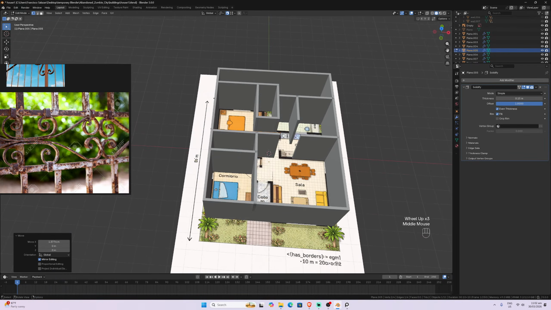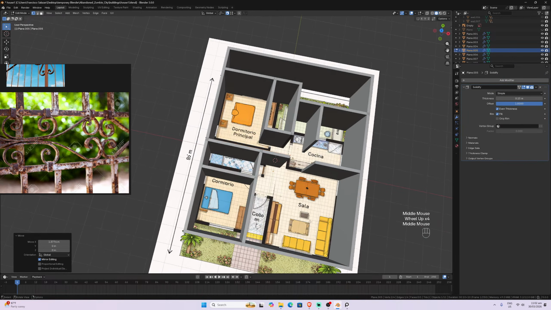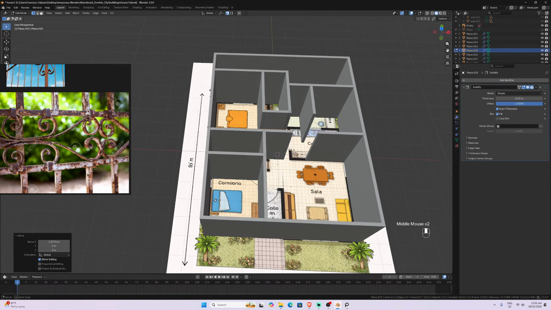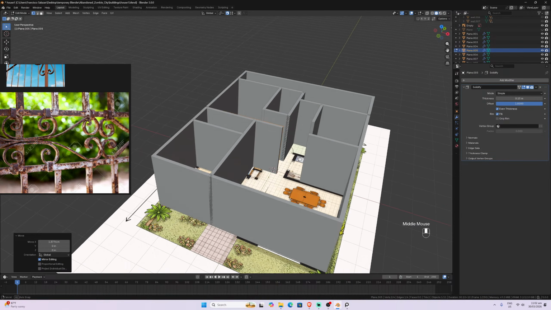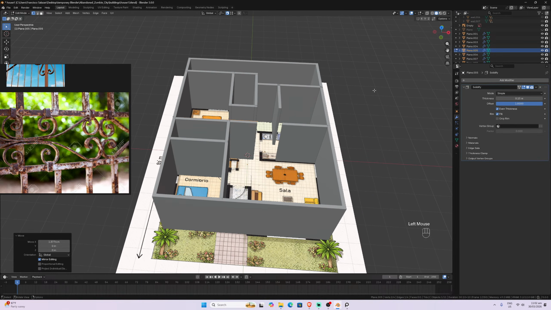But I'm going to create a lot of buildings separately, and a lot of assets. We're going to create tables, sofas, beds, a lot of things. Of course, we start right now with the walls and the basic structure of a house. Right now we are creating middle class houses.